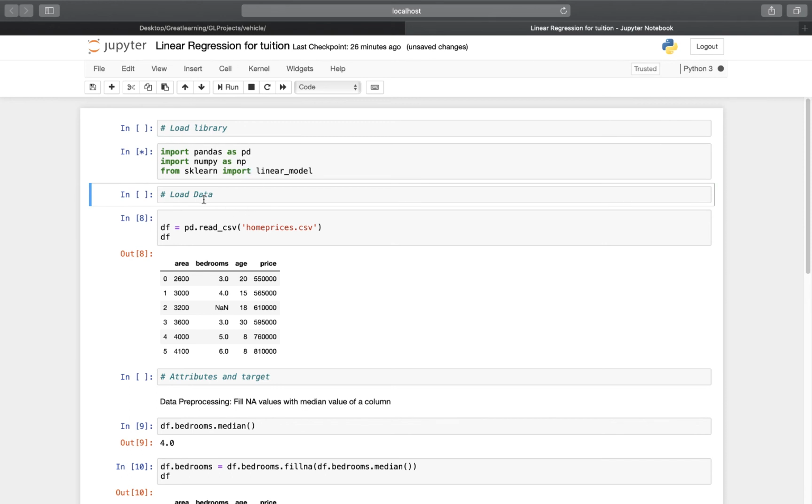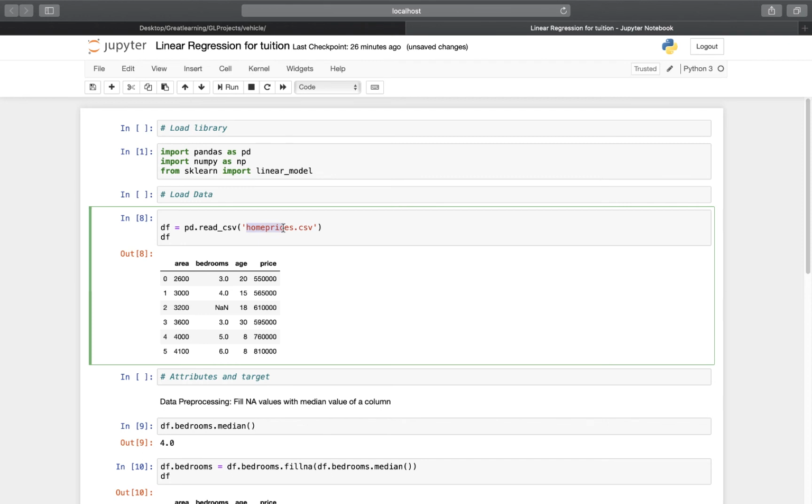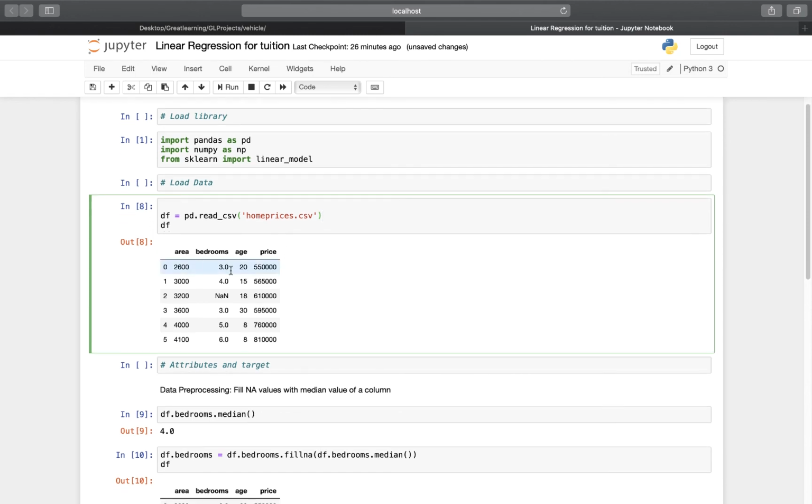Then we have to load the data. So home prices.csv is available; you can download this particular data set. You need to load this data, and the data set looks like this. We have three attributes. I always suggest all students look into your data set and the attributes, meaning parameters and target.